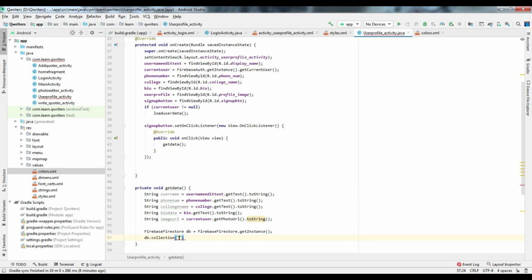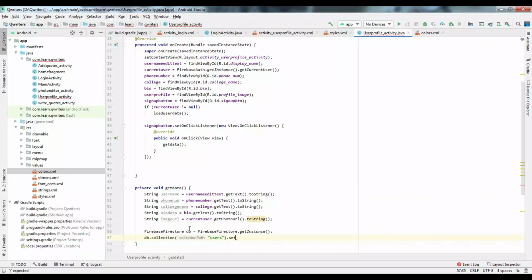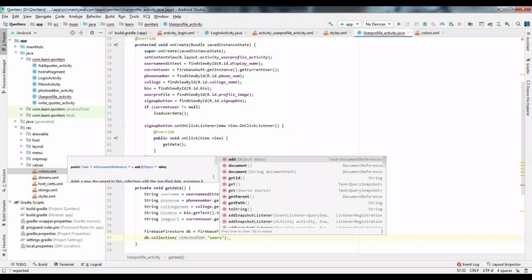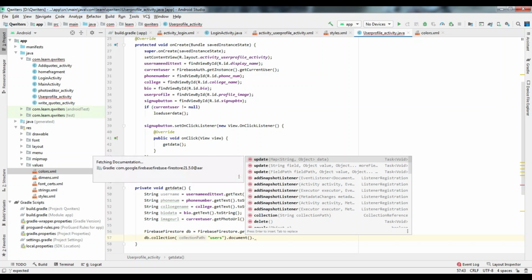We are giving the collection, in which we are storing documents. Users dot add or set, we can call set or add, both options. Document dot set.